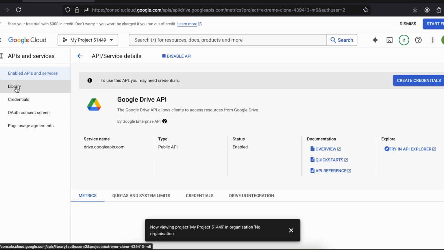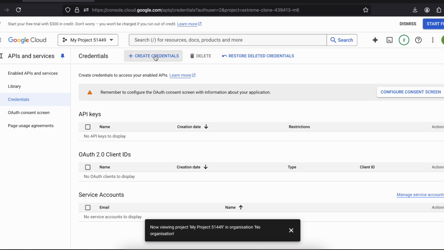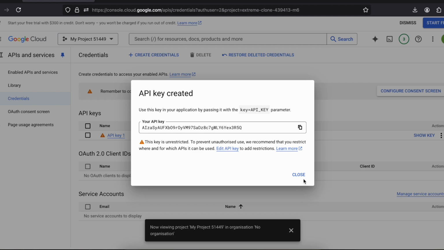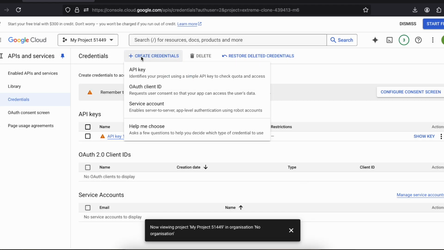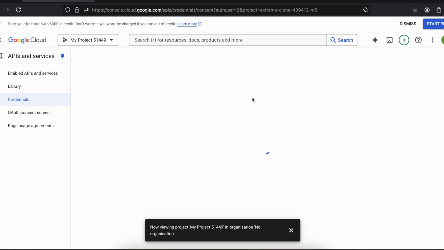then go to credentials, create credentials, click on API key. We won't be using the API key, but anyways I have just created it for the sake of it, just to be on the safer side. I'll just close this. Then again click on create credentials, OAuth client ID, click on configure consent screen,